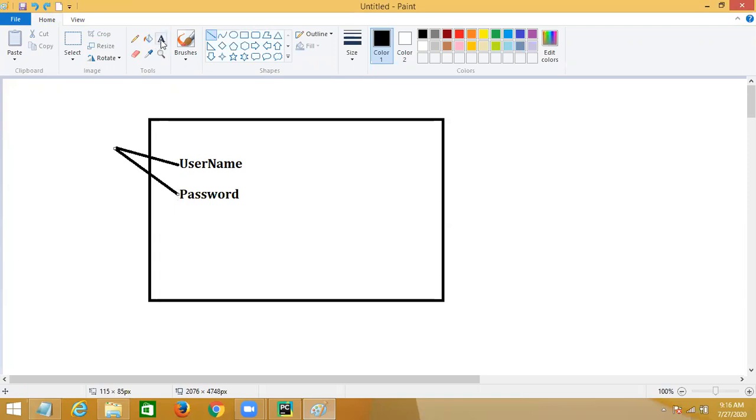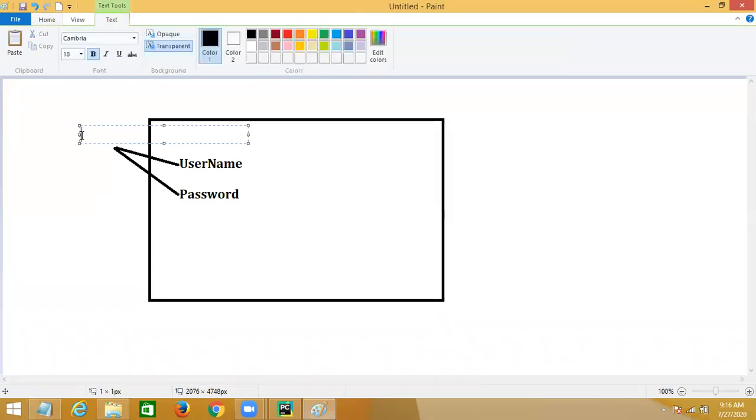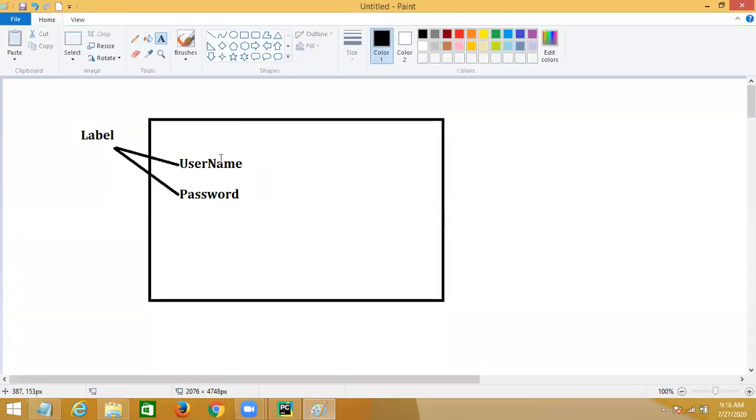So these two are called labels. This username is one label and password is another label. But a label is not for input. You cannot input inside the label, but you can input inside a text field.